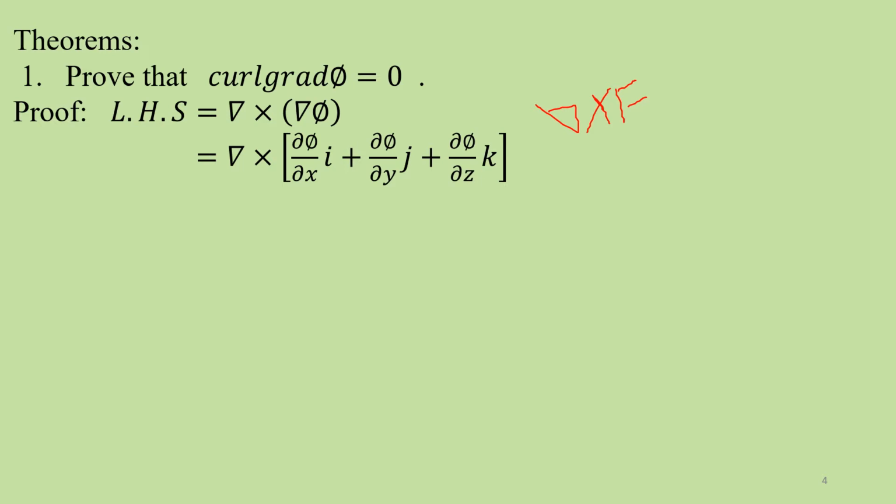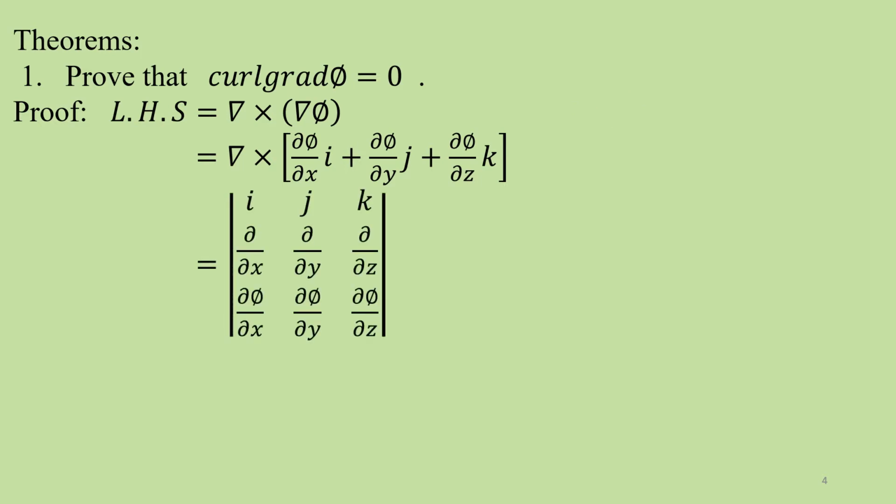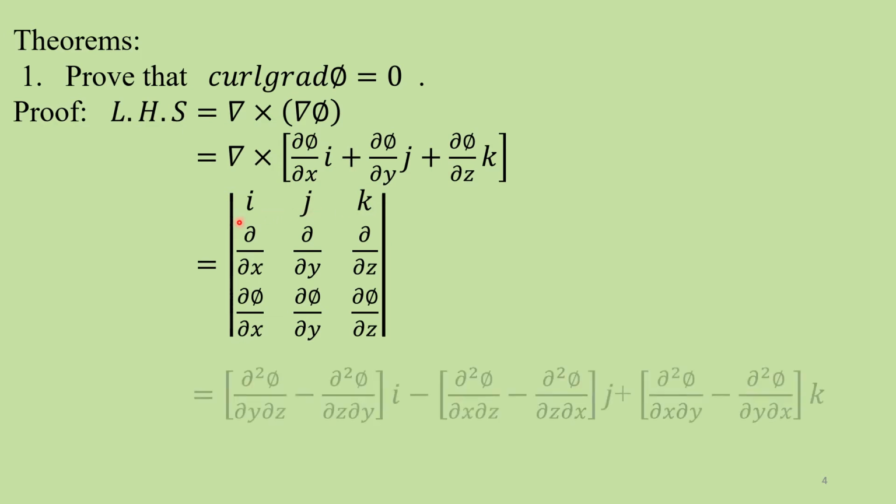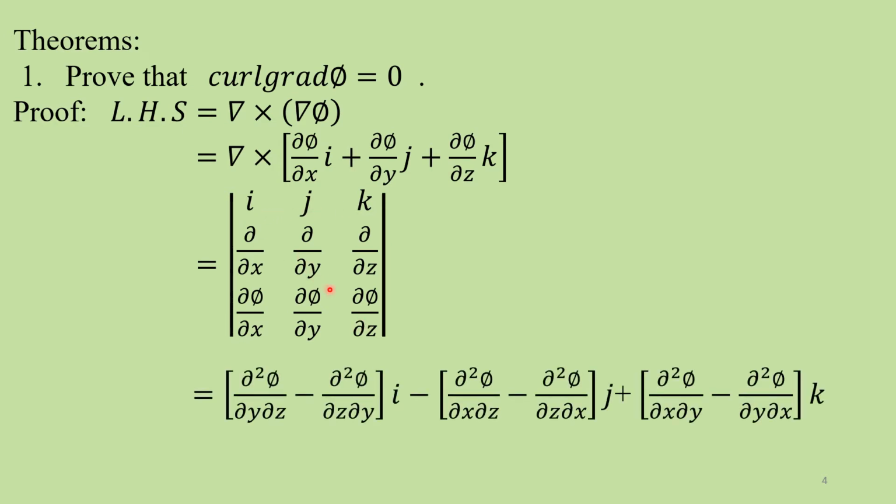So here we have the determinant of i j k, ∂/∂x, ∂/∂y, ∂/∂z, the components of del, and the third row the components of this vector, that is ∂φ/∂x, ∂φ/∂y, ∂φ/∂z. So expanding the determinant along the first row, with signs plus, minus, plus: plus i into ∂/∂y of ∂φ/∂z, a second order partial derivative, that is ∂²φ/∂y∂z, minus ∂/∂z of ∂φ/∂y, that is ∂²φ/∂z∂y,